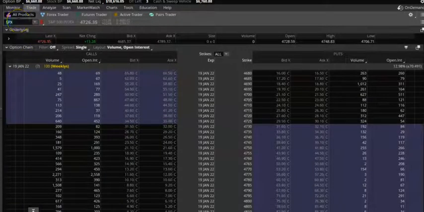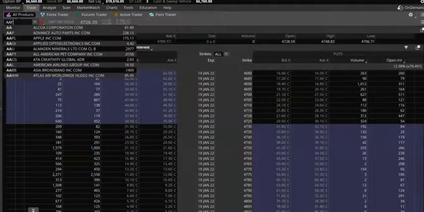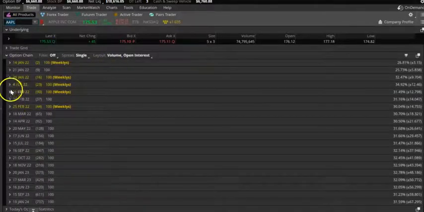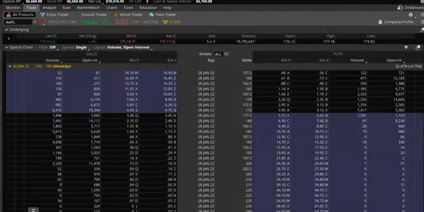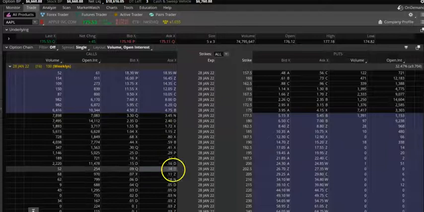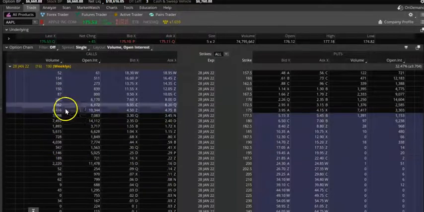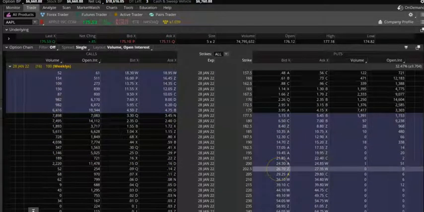Let's look at Apple. You can see 15 cents. Okay, 15 cents difference. So there's good volume here also. So you want to trade only with stocks which have a good, very small bid ask spread. Otherwise, you will not be able to close. Even though you'll make money, you will not be able to close.